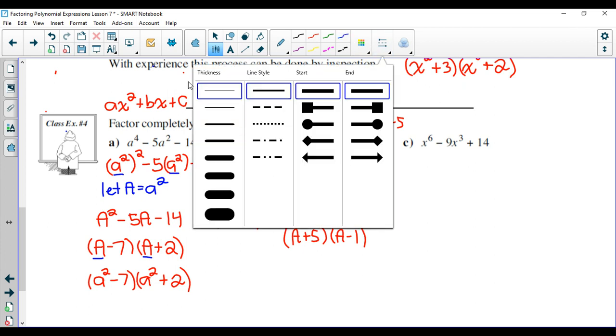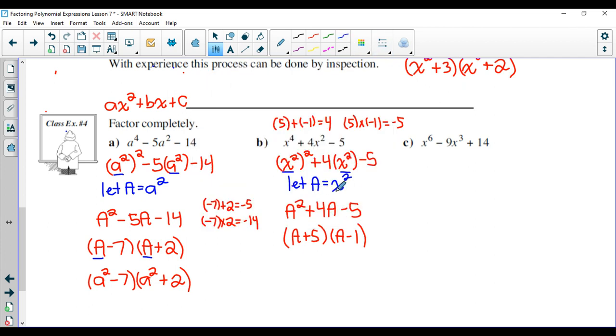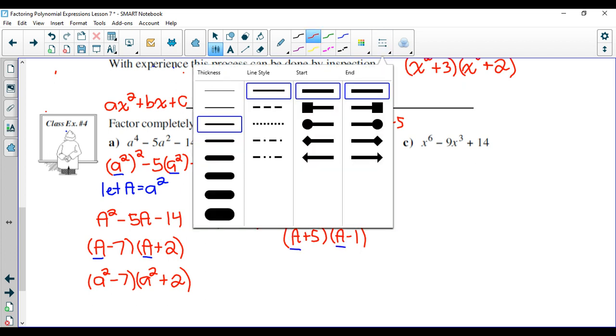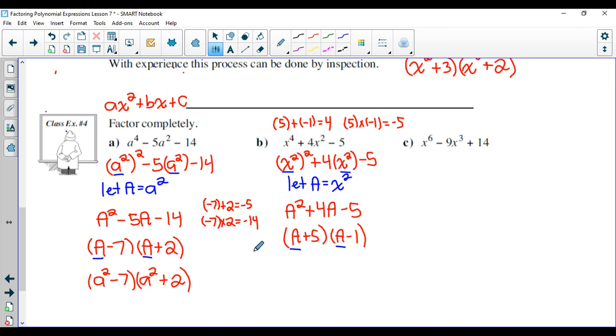Okay, but after you do this, you have to substitute back for the value of A. So we're going to replace the A with the x squared here. And if I do that, you would then have x squared plus 5, and then x squared minus 1. But we're not quite done yet, because this second factor,